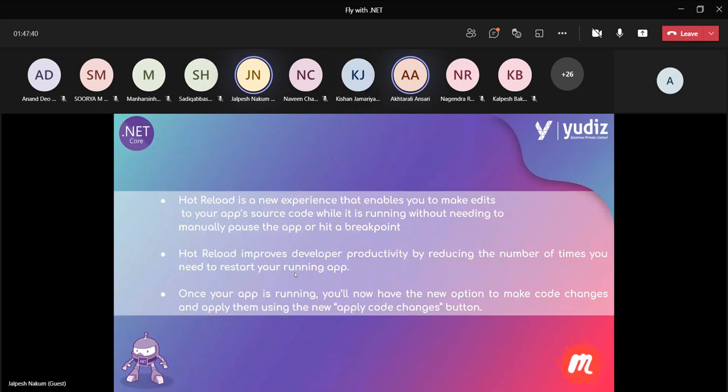So hot reload is a very useful process, but sometimes when we change a little bit of code in our application, to apply that code we need to reload our application. So at that time hot reload is a time consuming process. But now in .NET 6, hot reload improves developer productivity by reducing the number of times we need to restart our application. It means now in .NET 6, we don't need to restart our application whenever we make some little code changes, because in .NET 6 when our application is running, we